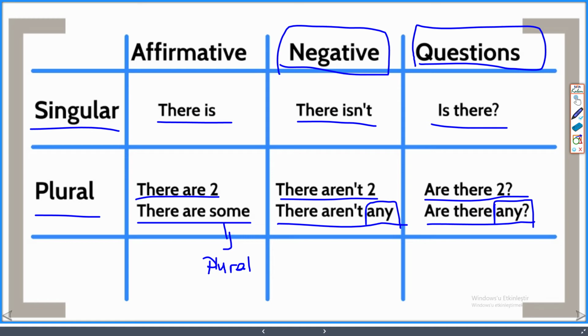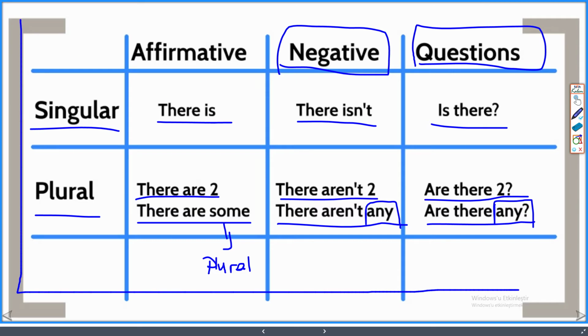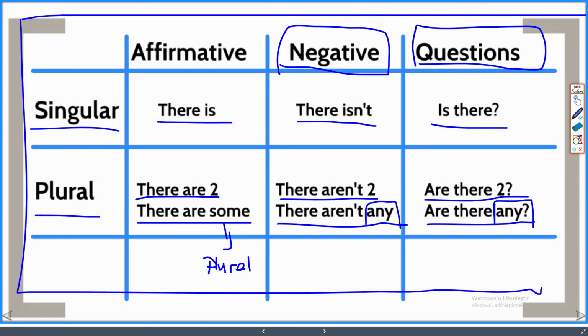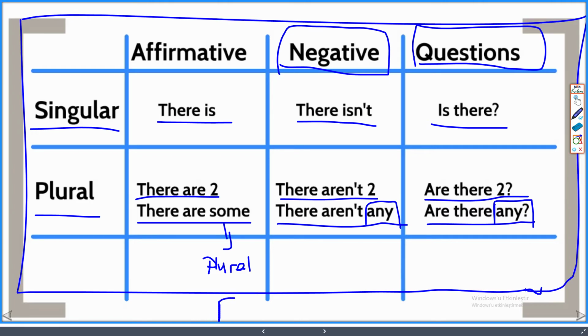If you look at the schedule, I mean the rules, we have rules in front of you. These are our rules, by the way, and it is very important for you guys. Please write down these rules in your notebooks, and please repeat them, study them a lot to not forget them ever. Okay, and guys,